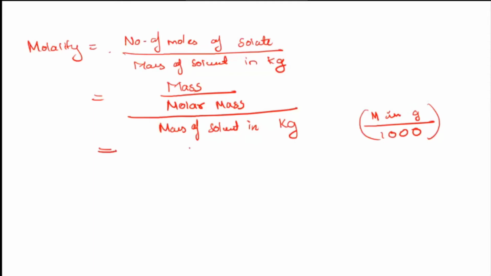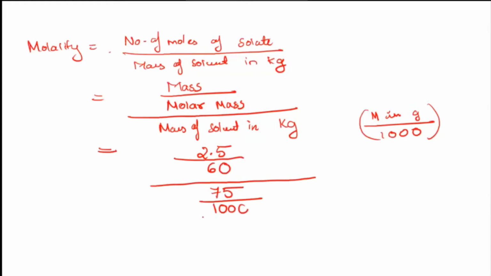So your mass given to us is 2.5. So it was 2.5 divided by molar mass, we got 60. Okay, on calculation, divided by mass of the solvent in kg. Okay, given to you is in grams. So 75, to convert into kg, you have to divide by 1000. Okay, then you will get the answer. So here it becomes a shorter one. Okay, and then final answer. Final answer you got as 0.556, small m. Okay, done.